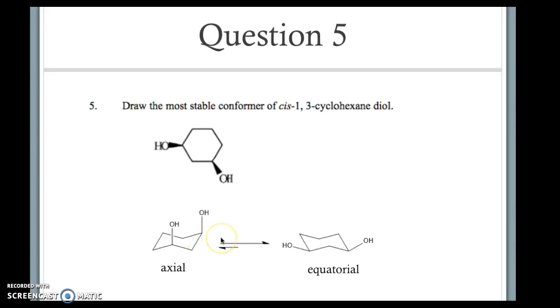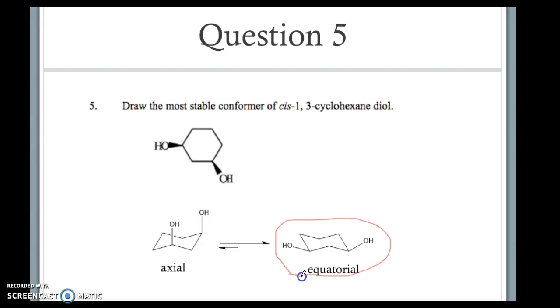But when the substituents are in the equatorial position, they are further away from each other, increasing the stability of the conformation. Therefore, the equatorial position is the most stable conformer